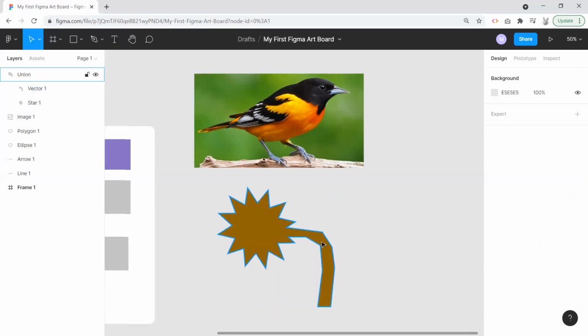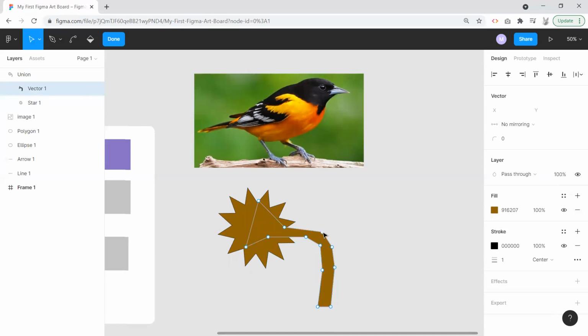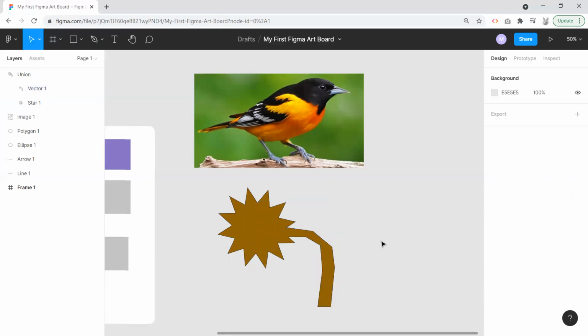And now you actually have a nice custom shape that you can start to make logos and icons and such. And this is just the beginning of what you can do in terms of drawing in Figma. Next on the line